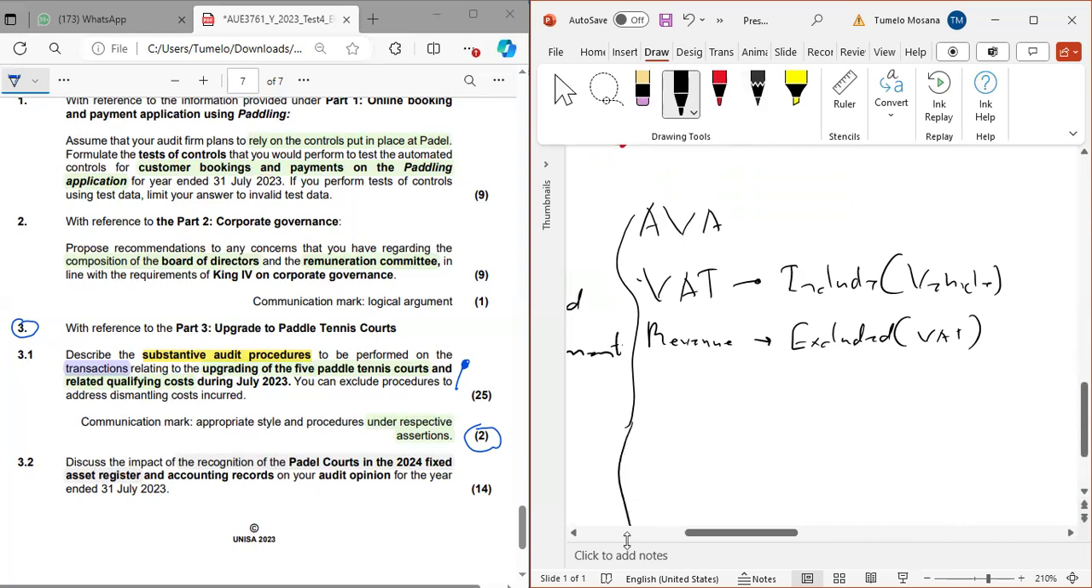If there are foreign transactions, you want to check whether the foreign currency has been converted correctly. So this is what you want to do. Then,